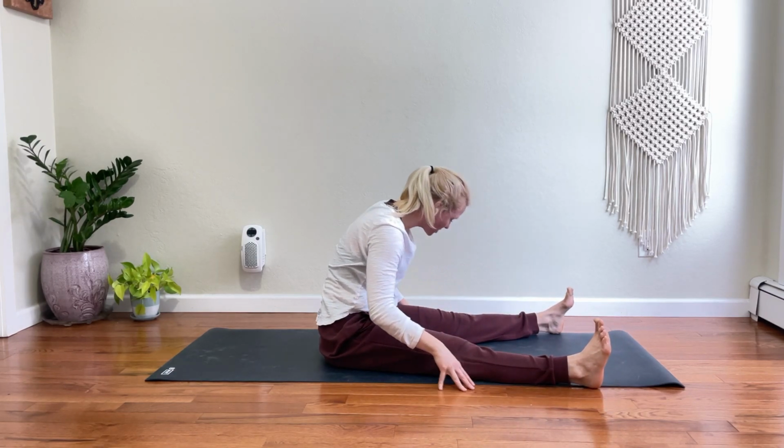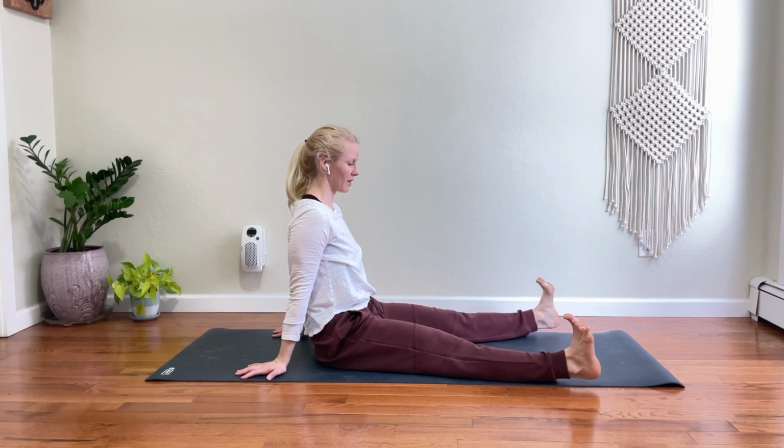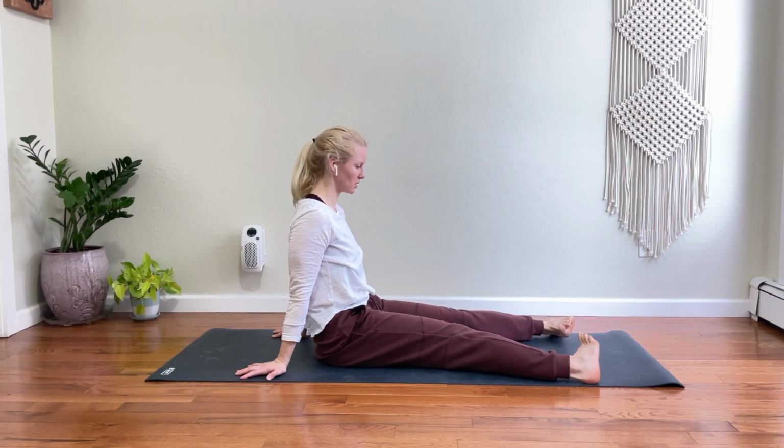Inhale, walk your hands back towards your hips. Place your hands behind you. Reach up through your toes. Take a deep belly breath in. Exhale, work to internally rotate your big toe mounds towards the inside of your mat to create a little pigeon